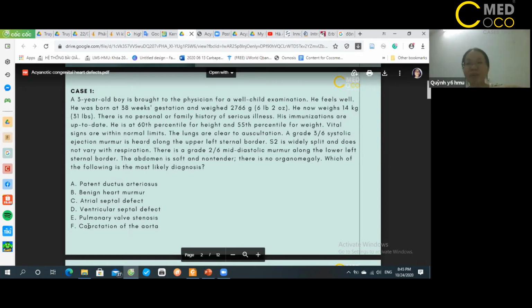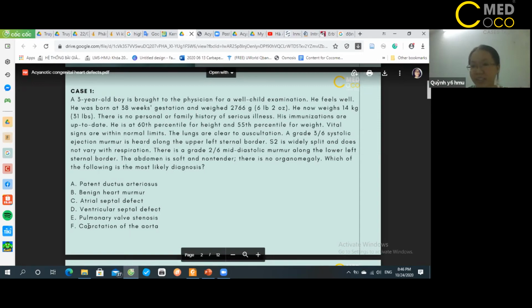Through the tricuspid valve, it will increase the blood flow to the right ventricle. It means that in the diastolic ejection, in the systolic ejection, we will hear the murmur through